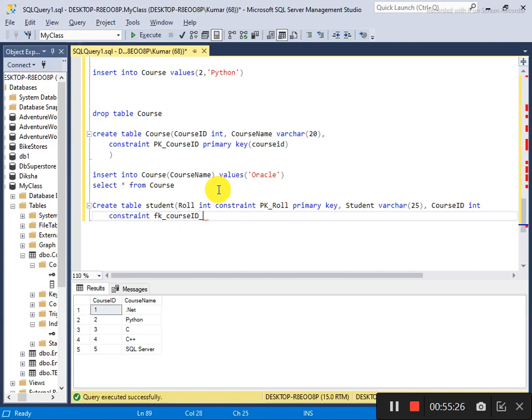If you want to refer to the table name, then you can refer to it. Then you say what kind of key this is: the foreign key. Then you will say references, which means whom it's referring to. It's referring to the course table, and the name of the column is course id.